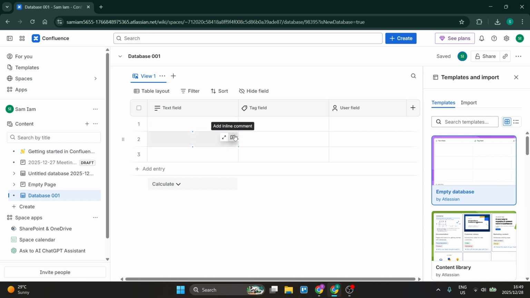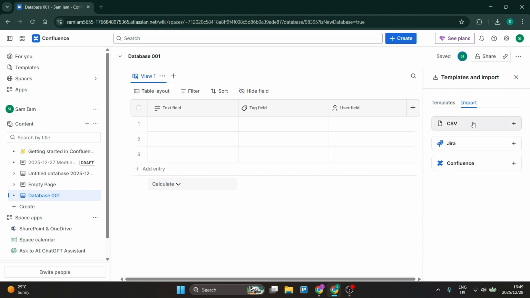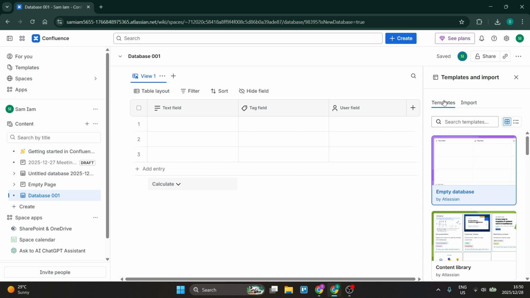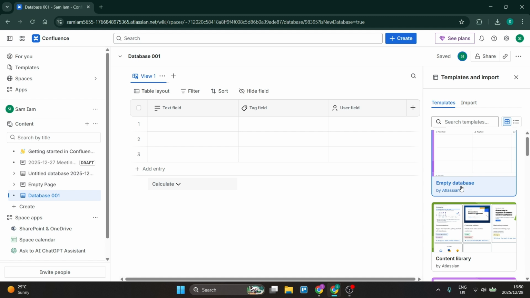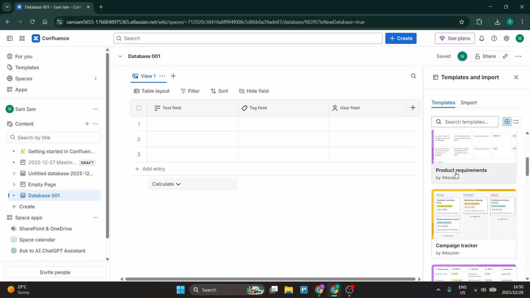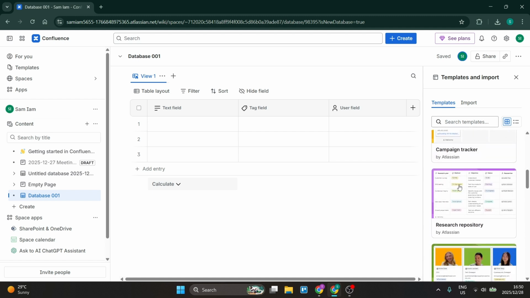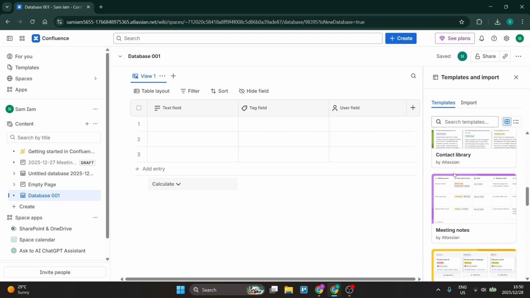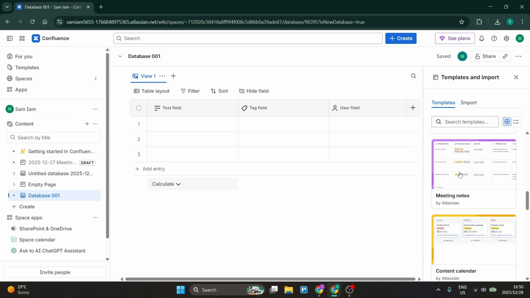Now, you can go ahead and add in all the details here that you would like to add manually. You can also import via a CSV file. You can use Jira or Confluence from a different space. If you are wanting to use a template, this would be fantastic. You can see that there are different templates. Whatever it is that you would like to import or use as a template, go ahead